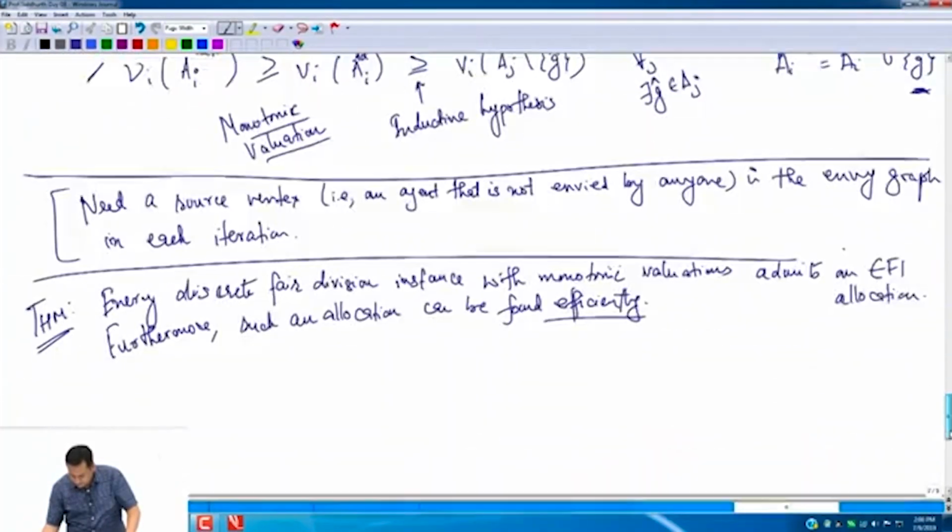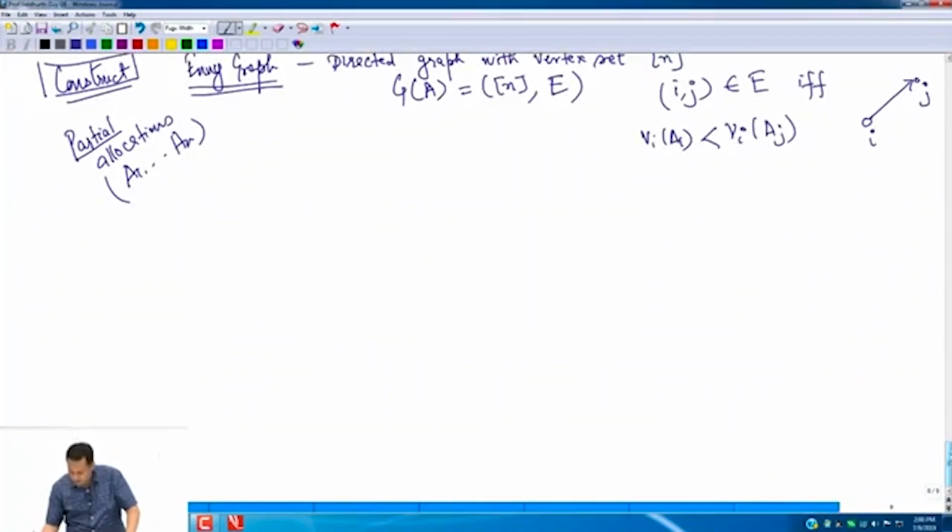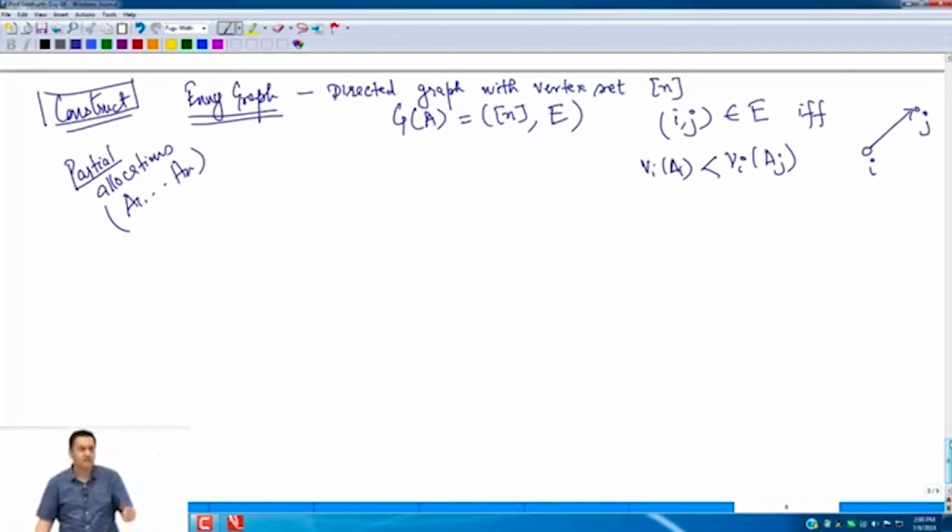So this is nothing but a generalization. Instead of 3, I have n agents, and for any partial allocation, I can define this, and I hope I don't have to convince you that this is a good object to study. It at least was very helpful in the previous example. I just now took that idea and generalized it, defined it more generally. That's all I have done.